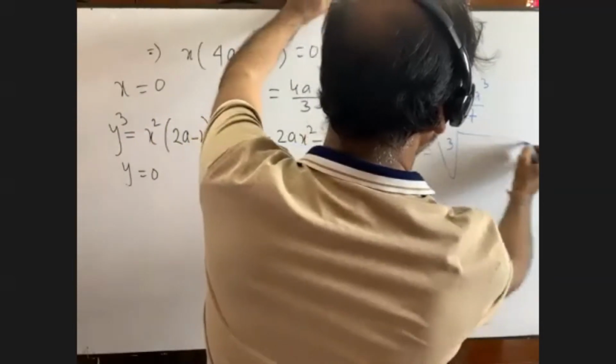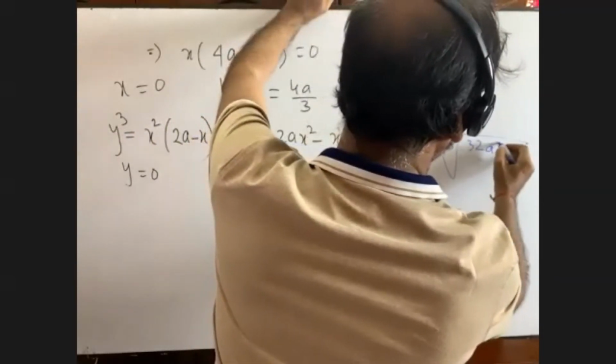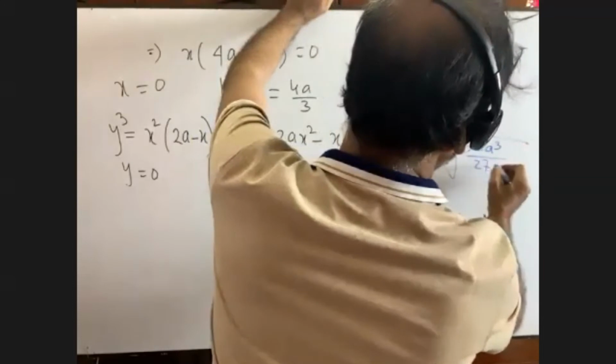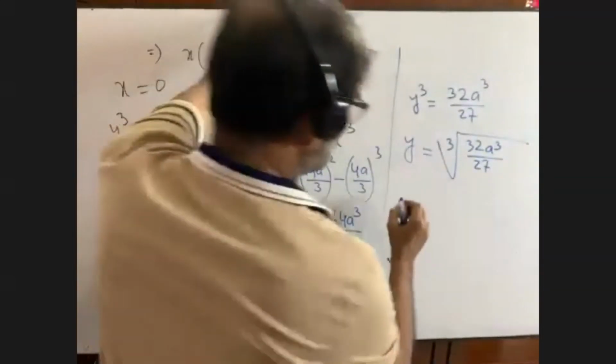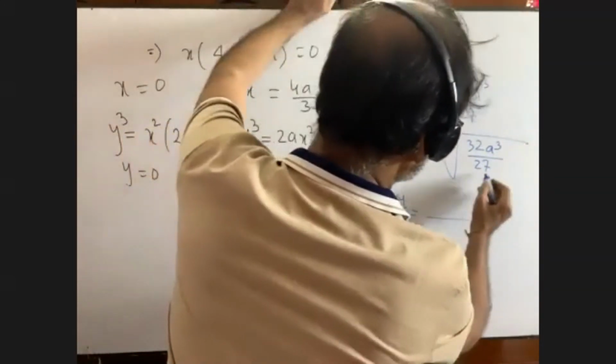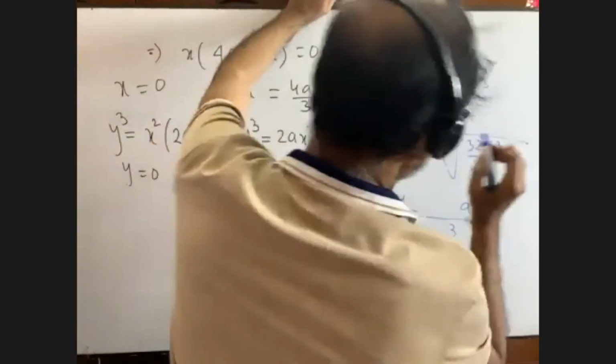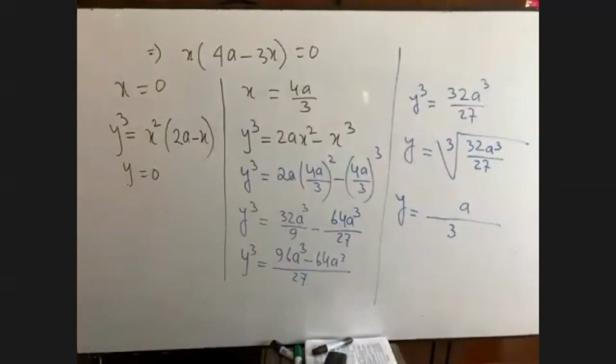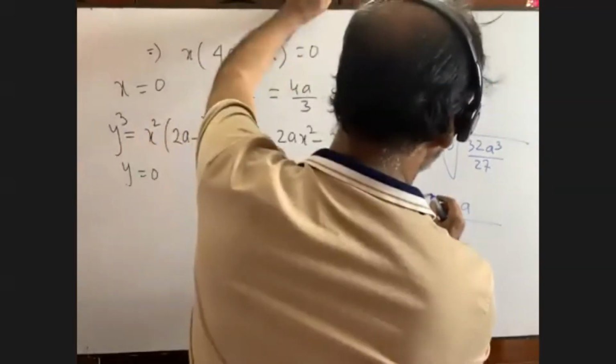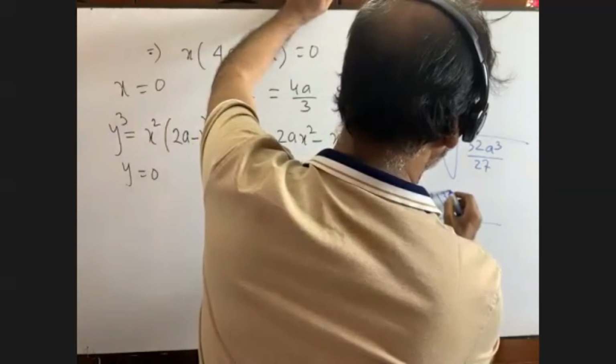Root cube 32 a cube by 27, right? That means y equals 3, whole and full 3, it is a. Now, root cube of 32 equals what? 8 into 4. That means 2 root cube